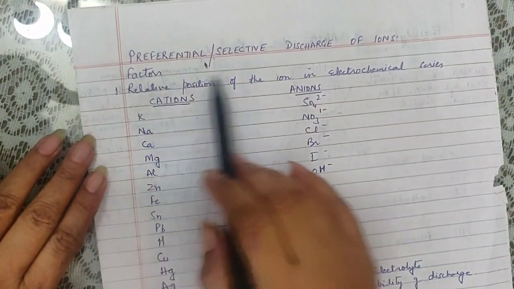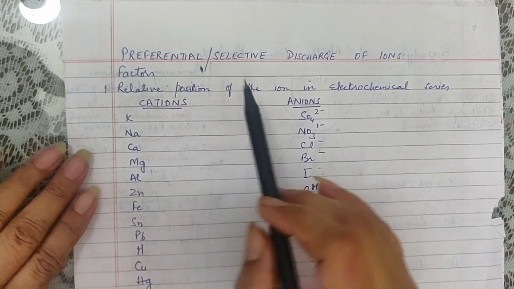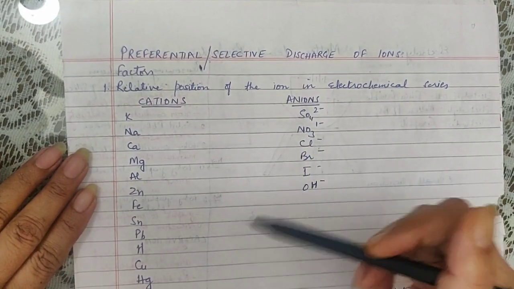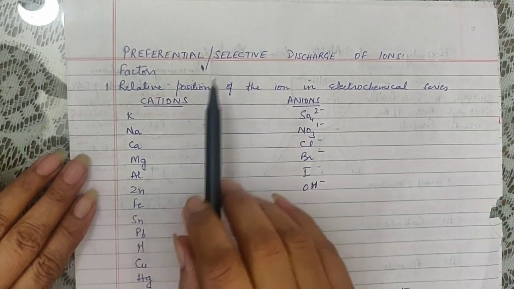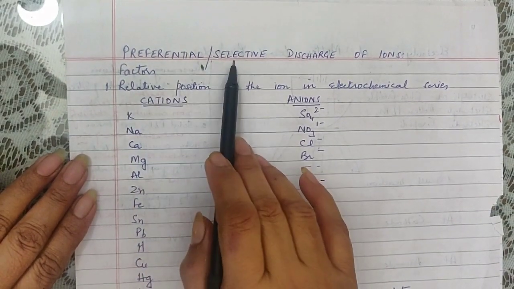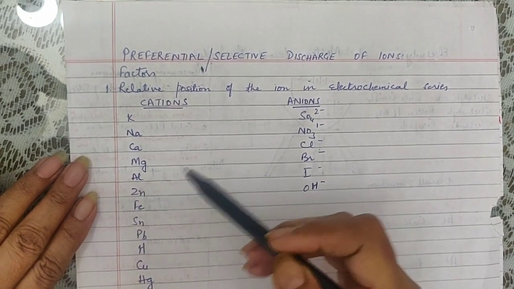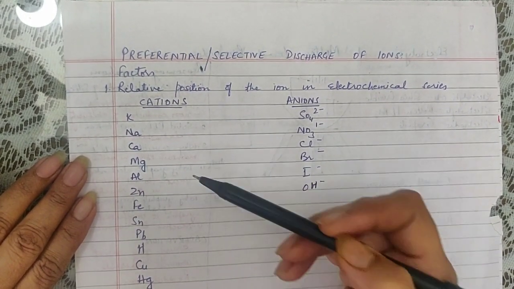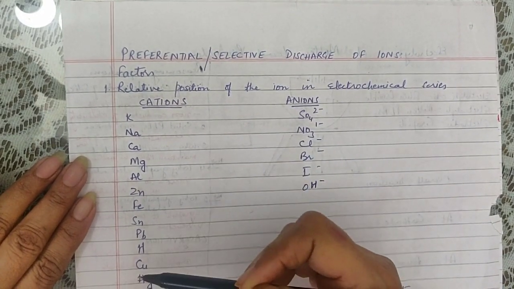Now we come to the preferential or selective discharge of ions. I told you this process occurs only when there is more than one positively charged or more than one negatively charged ion in the solution. Now, what are the factors which govern preferential discharge? As I had quoted the example earlier, we have to make more than one criteria for the selection of, say, one child into your class if there is more than one applicant who wishes to come to your class.